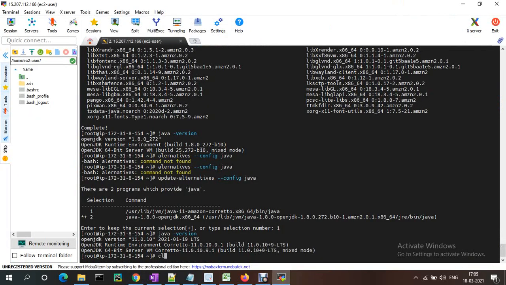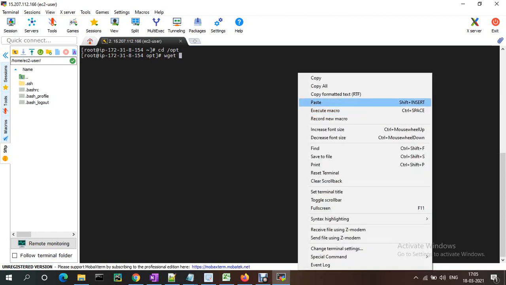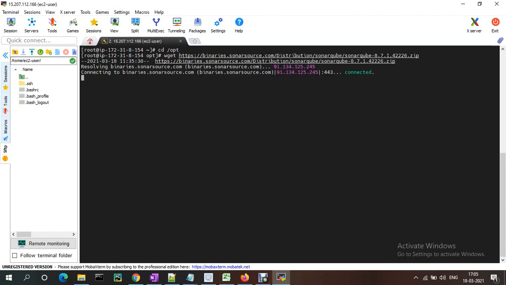I am going to the OPT folder, cd /opt, because it is third party software. So I just install it in the OPT folder with wget, and it is downloaded.